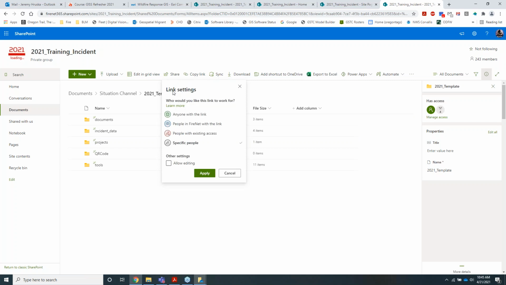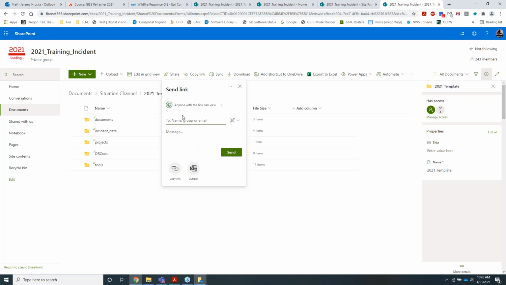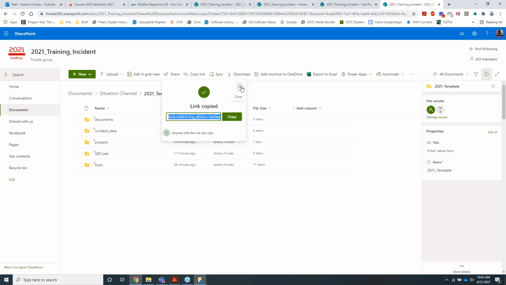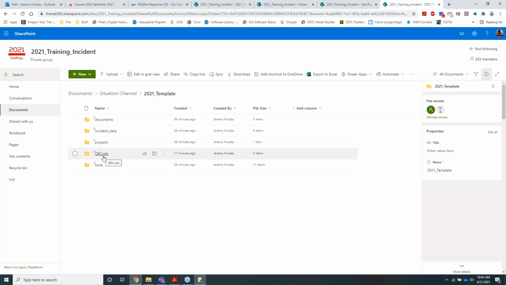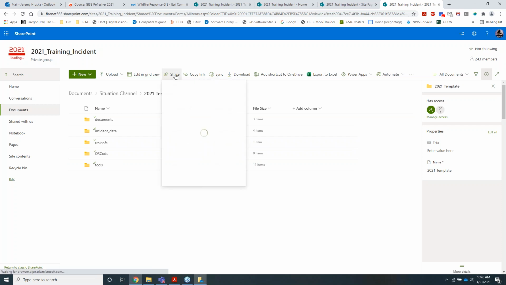with the link settings, which it defaults to, you have the option of choosing what those settings are. So under link settings, you can say anyone with a link, don't allow editing, apply, and it generates a link for you. That's different than when we go into share. And obviously, you'd want to be inside whatever folder you were sharing. Right now, we're just sharing the entire thing. When we click on share,